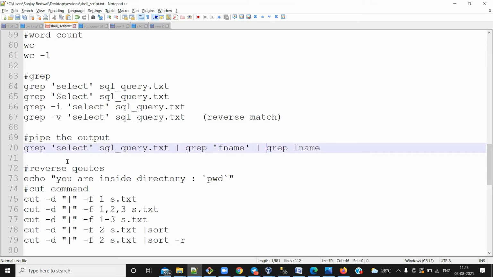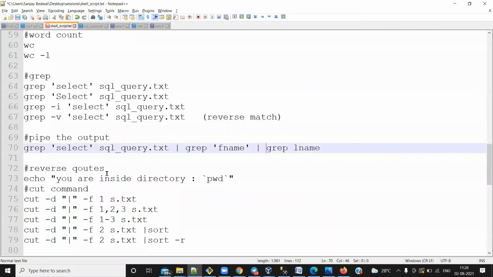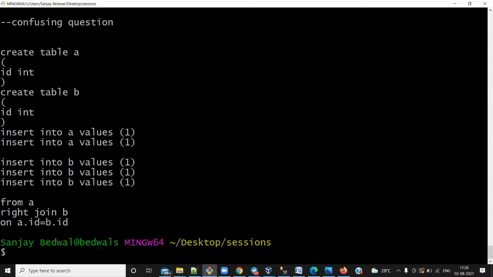Before that, just let me tell you one thing. Whenever I'm running this grep command, let me break it into smaller commands. Whenever we are running this grep command, the output is coming into my standard output device, which is my laptop screen.